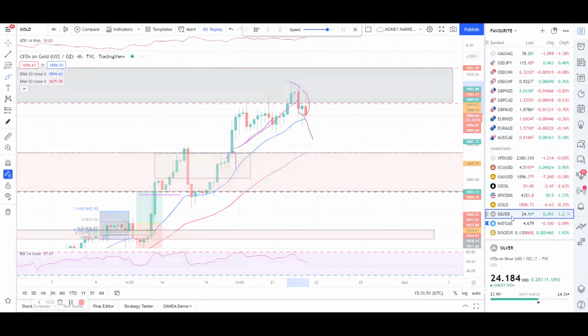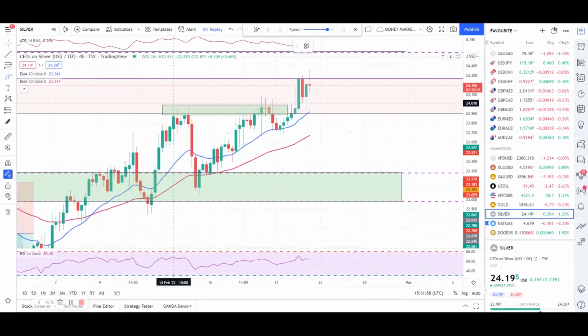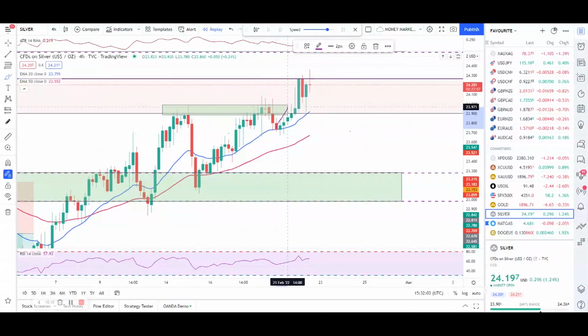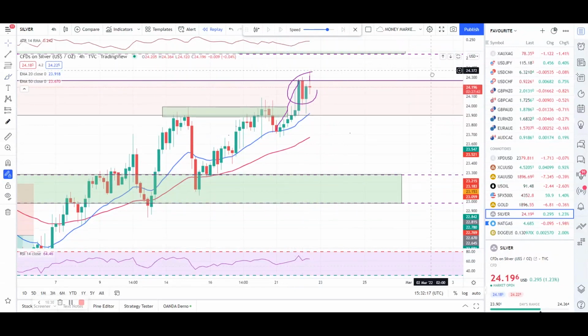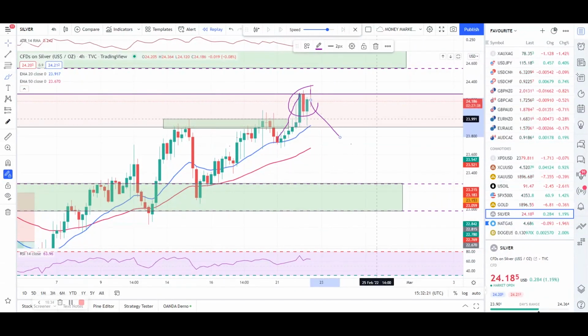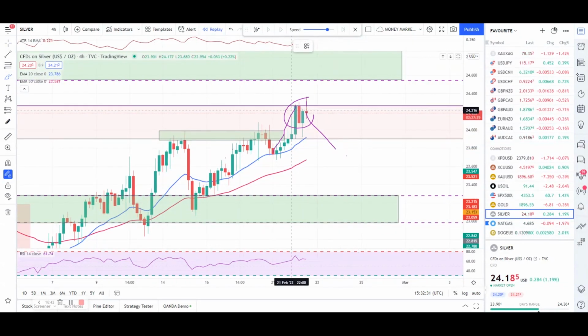Let's check silver. I was expecting a double top move from silver, and silver has not respected this double top move either. It just moved up due to the ongoing problems with Russia and Ukraine. Because of that, we got a move up, and we still don't have any sort of entry on silver, but this pink zone is our resistance zone. I expect a push down with a bearish pressure. If we have a bearish candle like an engulfer or pin bar, we can take short trades and expect the market to move down. If we have a break of this pink zone, then we can expect to see silver move up to